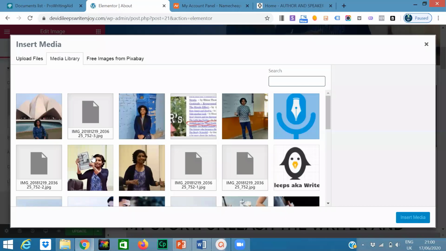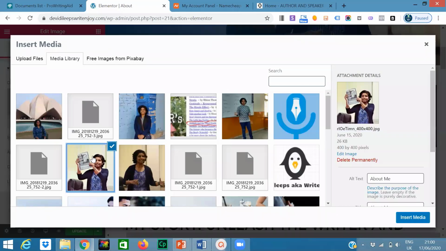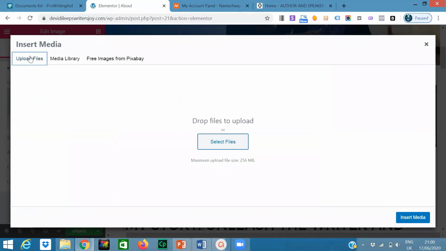Now she wants to put some picture. Usually there will be no pictures, just some default pictures there. Think that you want to add a picture from your computer to this library. What we need to do is upload files. Go to the left hand side, click on upload files and select files from here.